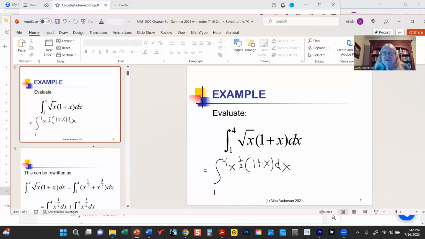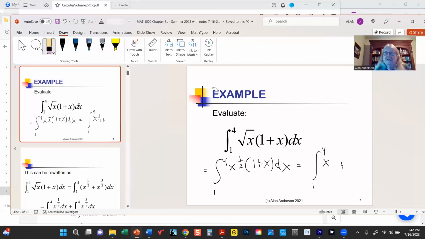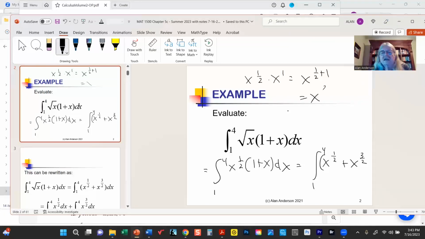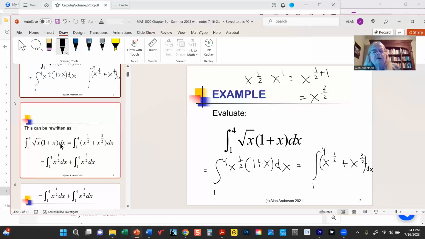And I'm just going to multiply them out. x to the 1/2 plus x to the 3/2, because I'm multiplying x to the 1/2 times x to the first. That's going to be x to the 1/2 plus 1, which is, of course, x to the 3/2 dx. All right, now we can break this up into two separate integrals, and we can apply the power rule